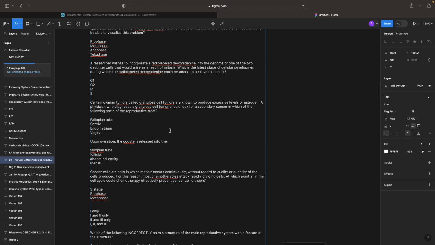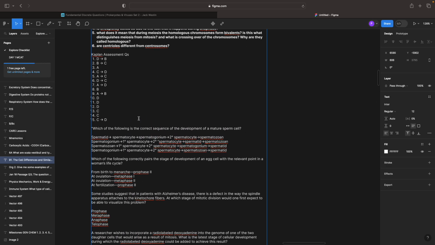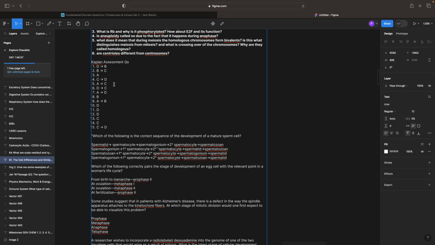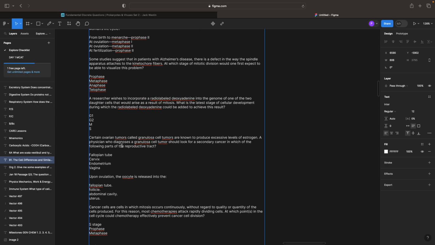Certain ovarian tumors called granulosa cell tumors are known to produce excessive levels of estrogen. A physician who diagnoses a granulosa cell tumor should look for a secondary cancer in which of the following parts of the reproductive tract? So, secondary cancer, excessive levels of estrogen, I answered the fallopian tube, A, but the answer is C,